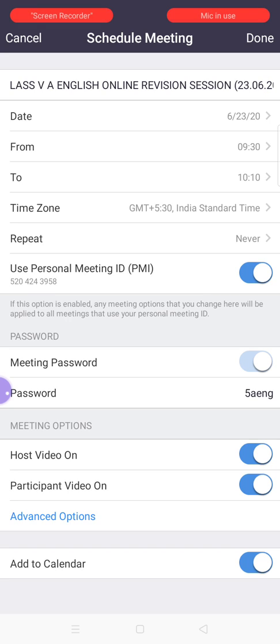So use personal meeting ID PMI, we have enabled it, and after that we are going to set this password. Okay, can you see this password 5A ENG has already appeared here, because I think we have already created one Zoom ID for the same. Maybe we are having a session tomorrow for the same 5th English. So the password would be 5A English, that is class in numbers, then the section, then the subject in abbreviated form.